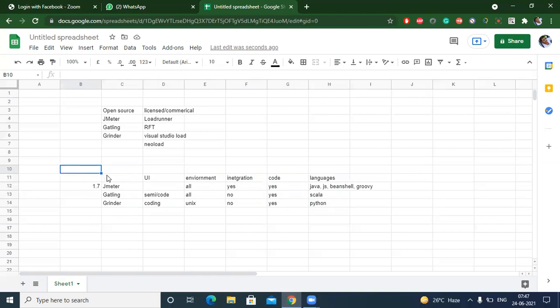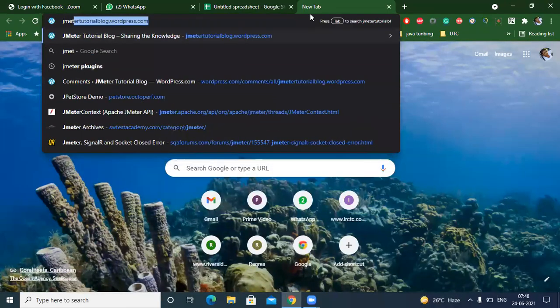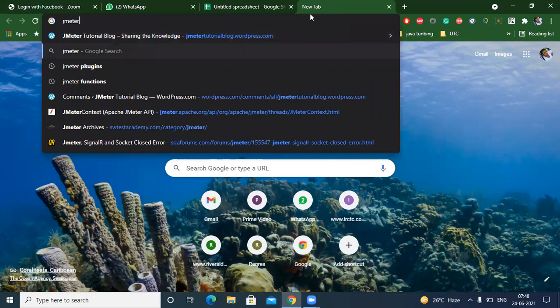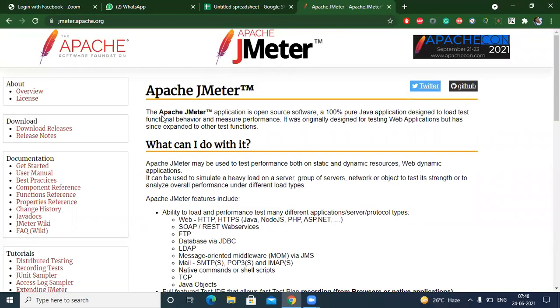Okay. So now you understood, right? The basic tools available in the market and JMeter. Yeah, Ravi, clear. So now let's go to our JMeter website. This is the official website of JMeter. If you have any doubt in the theoretical part, you can come and understand at jmeter.apache.org. The official website where JMeter covers everything.